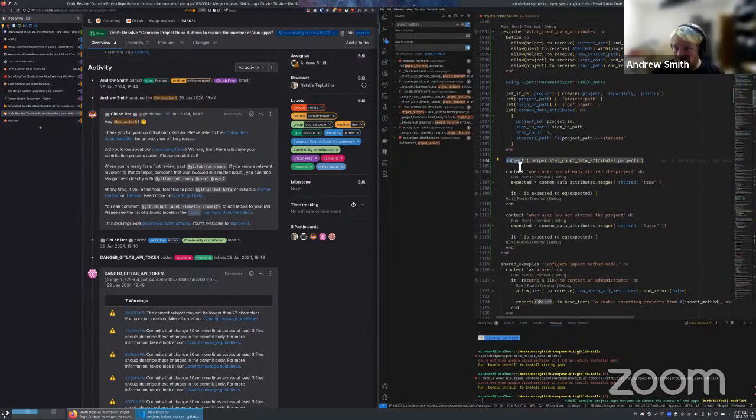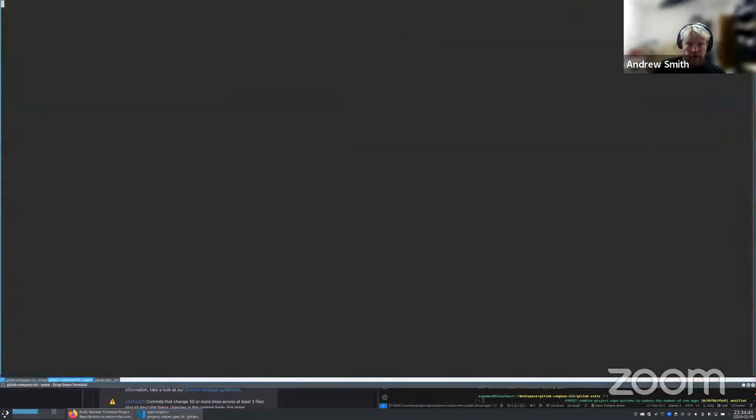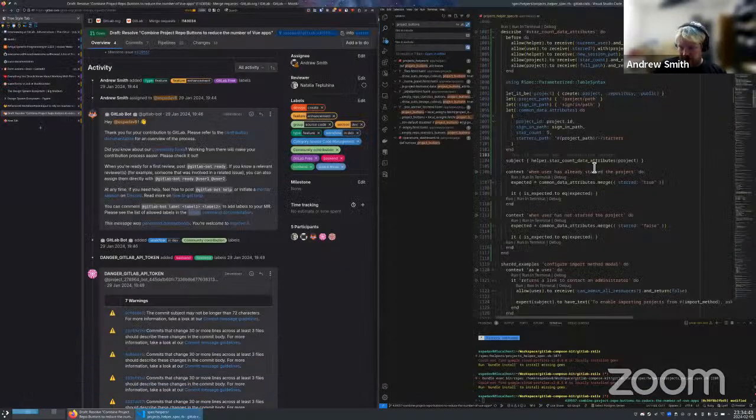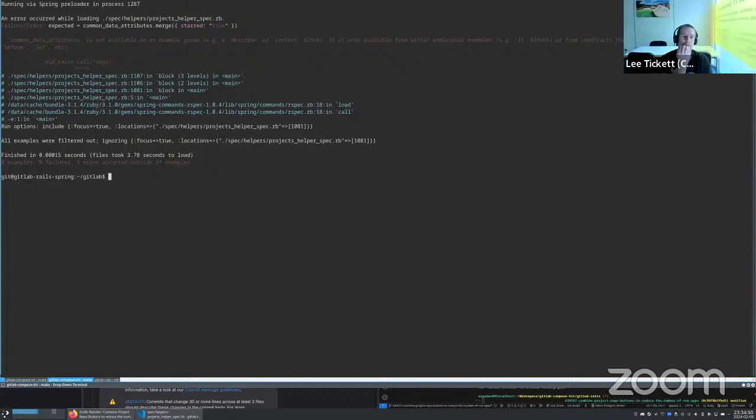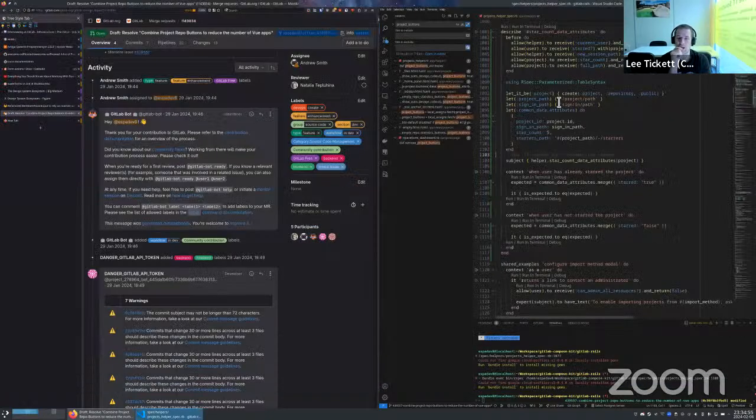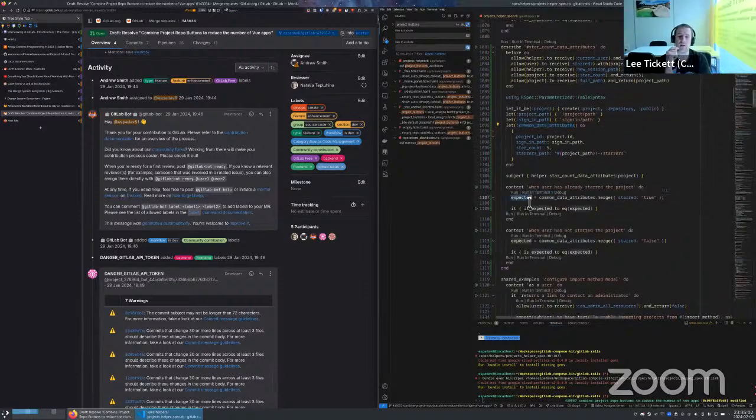This has all gone wacky with the highlighting though. Hopefully that is just VS Code being VS Code. Nope. Common data attributes is not available on an example group, e.g. a describe or context block. Can you show me where it is? Okay, so again, you've got expected on line 1107. So if you let that,